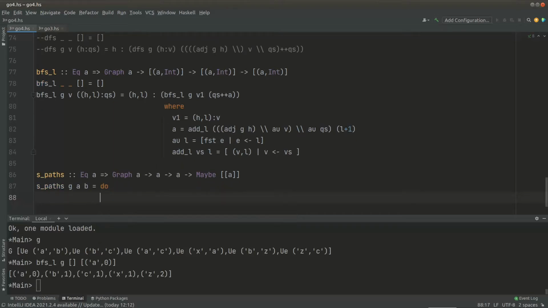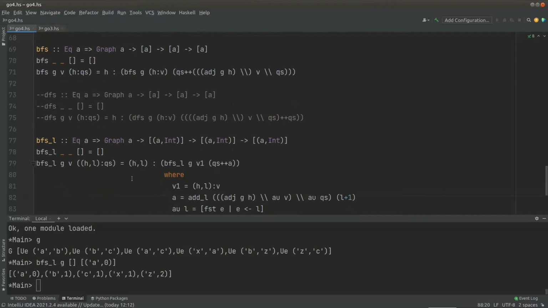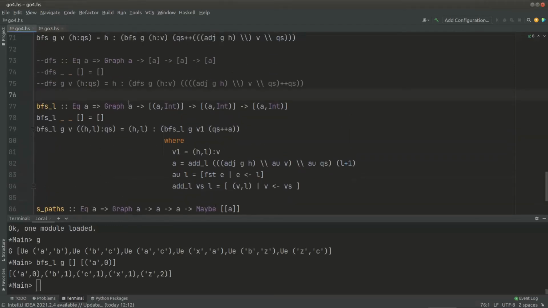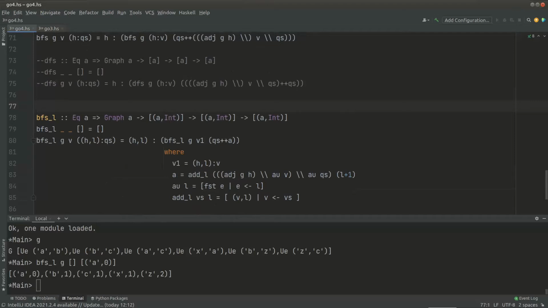First thing we need to do is to check that our vertices are in our graph. Okay, we will use the BFS function for this. BFS, of course, with levels. We will use this levels information to build these paths. And now at first let's build some helper function here for our BFSL with a different type